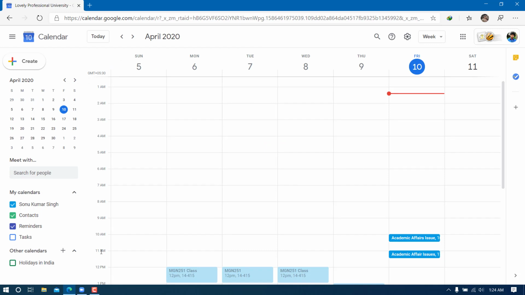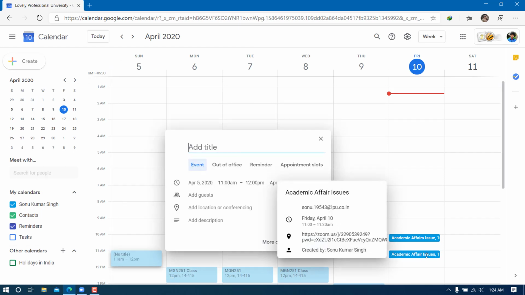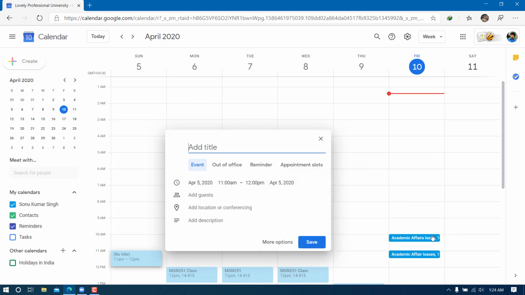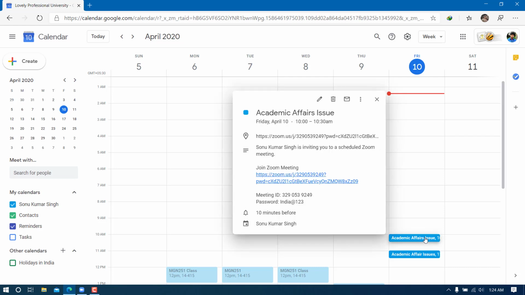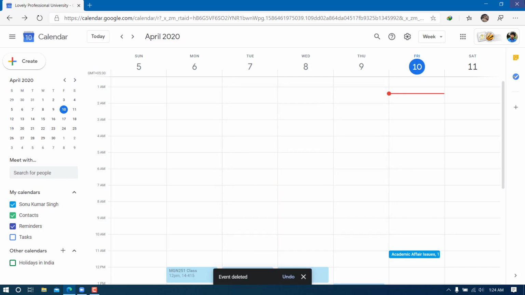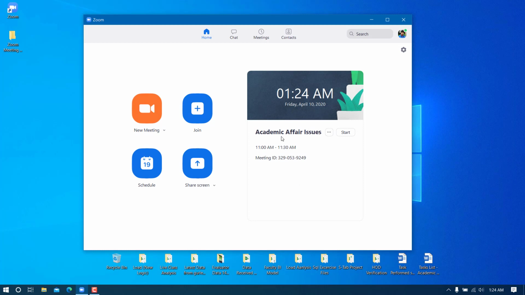And now you can see the meeting that I have set from 11 a.m. is appearing here now. Okay, this is the previous meeting. If you remember, that one I deleted, so I can still select this and delete it from the calendar as well, because it is no longer scheduled here. So we have one meeting at 11 a.m. Now